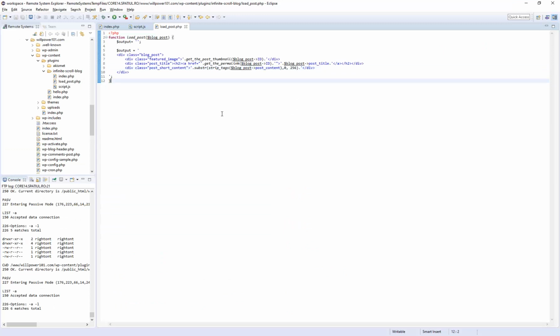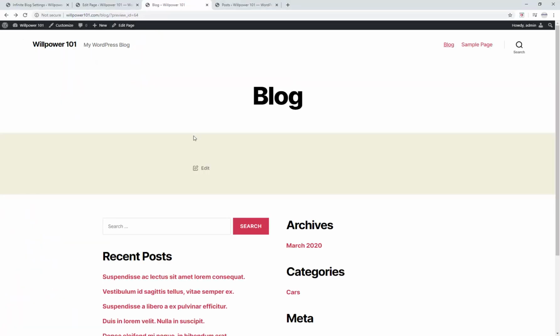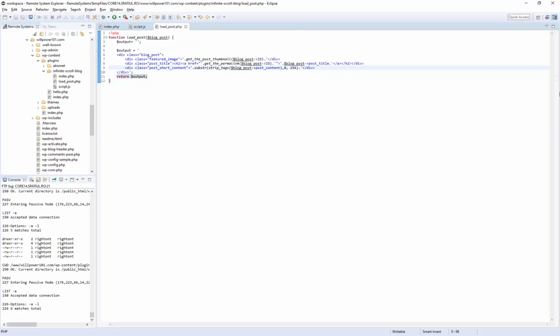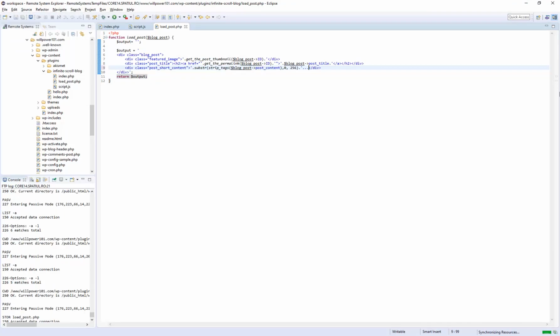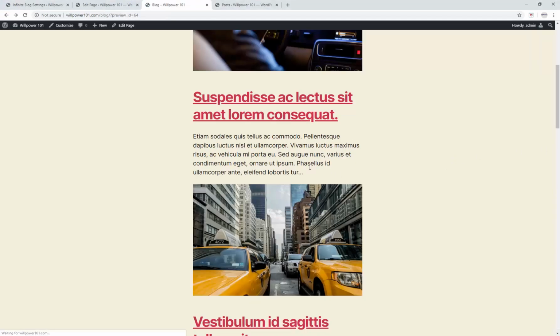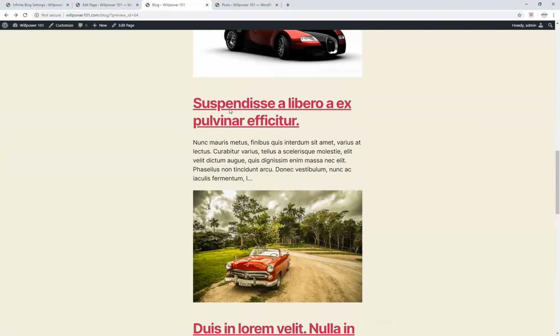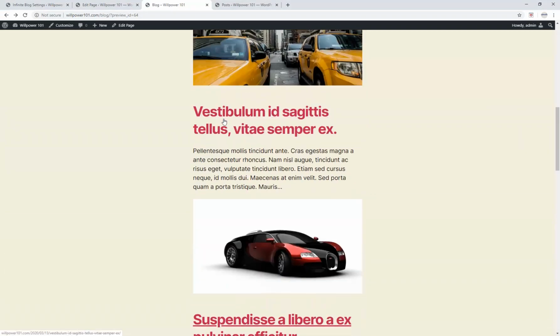Nothing is displayed because we did not return our output. Right, so actually this doesn't look that good, so we'll just add something like this. So yeah. Okay, so now we loaded the first 5 posts, and this is basically the first page